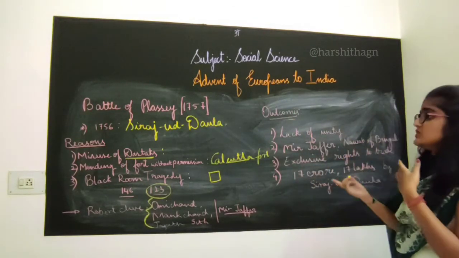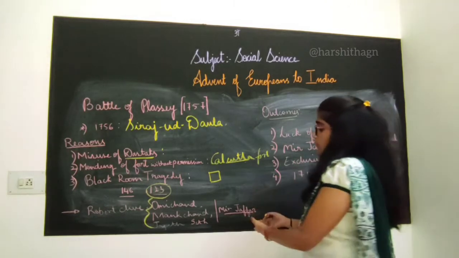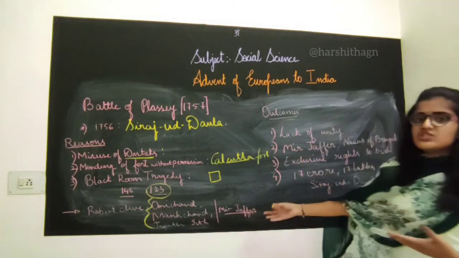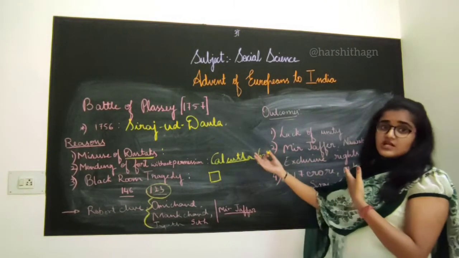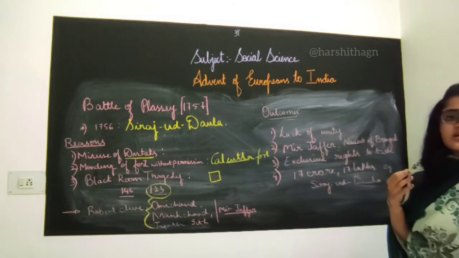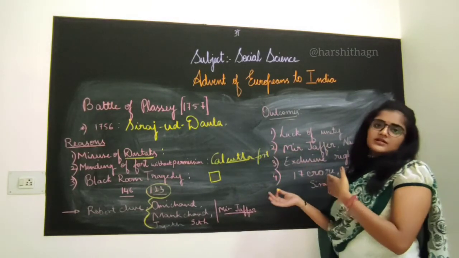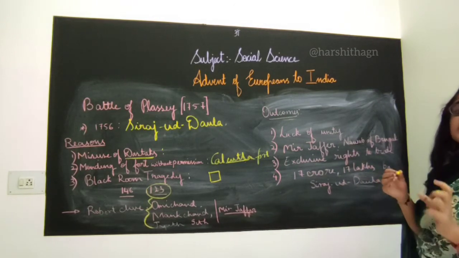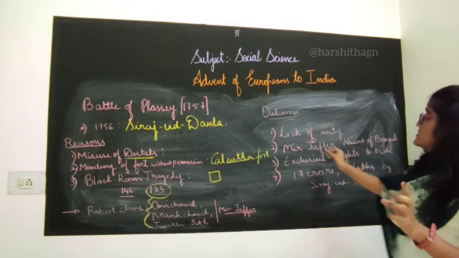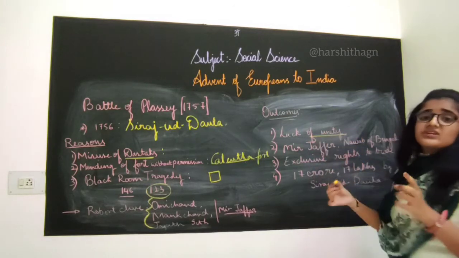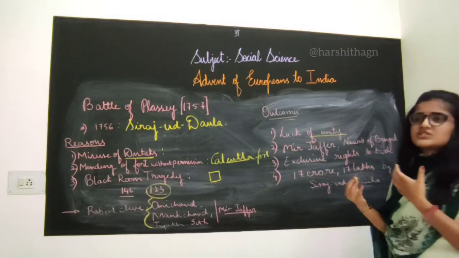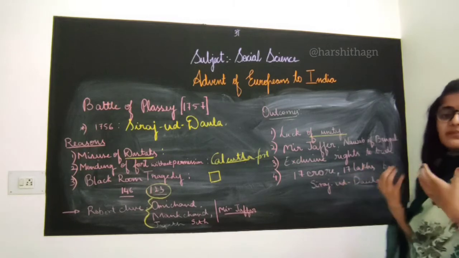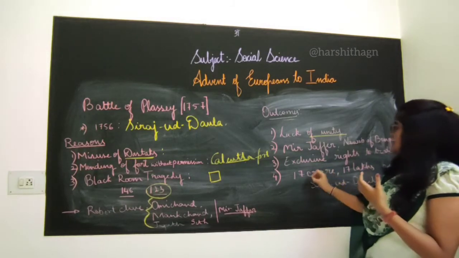Indians lacked unity because his own military official was against Siraj-ud-Dawla, and Farrukhsiyar, the king, was also supporting the Britishers by giving dastaks, or the dastak is nothing but a license. So we came to know that we are lacking unity and we don't have any moral values. Second one is